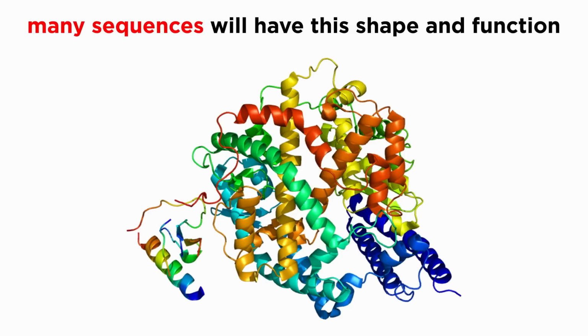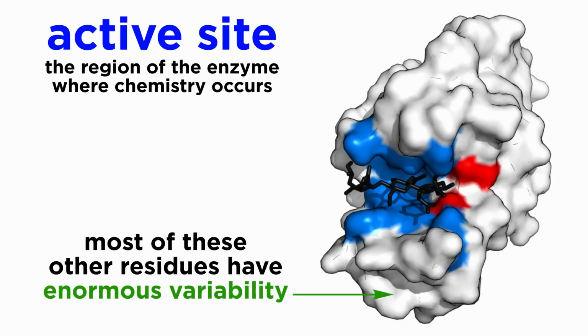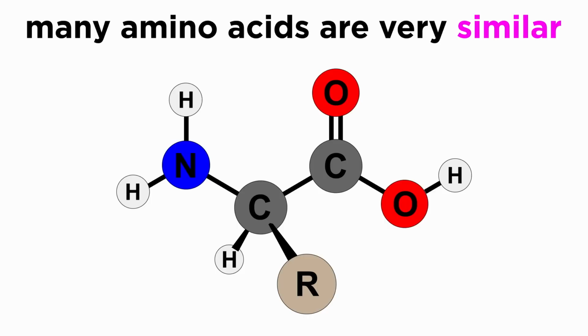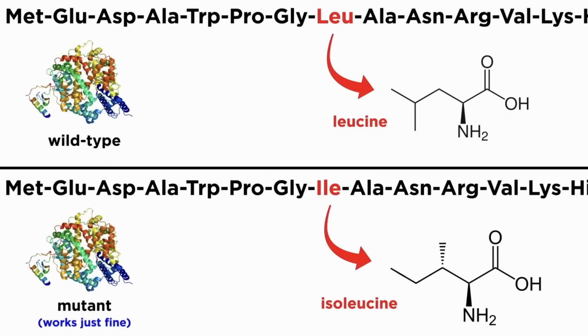That precise sequence is far from the only sequence that will perform that function. Many of the amino acids in the active site of an enzyme have limited variability, although even those have some, but the rest of the amino acids contribute only to the overall shape of the enzyme, and thus have tremendous variability. There are sets of amino acids that are extremely similar. Amino acids have the same general structure, plus a variable side chain. Here are a few that have an alkyl side chain, meaning they consist of only carbon and hydrogen. Anywhere we find one of these, we could easily swap to another similar one, and the effect on the enzyme